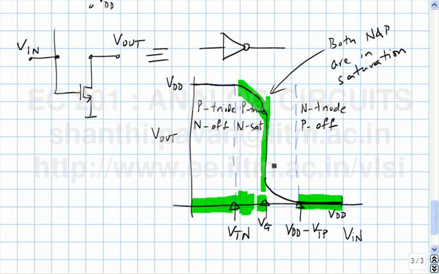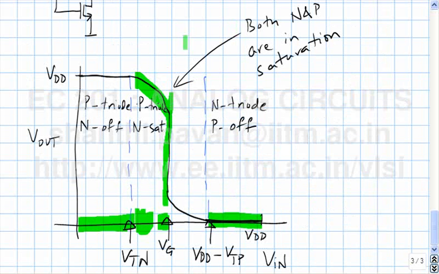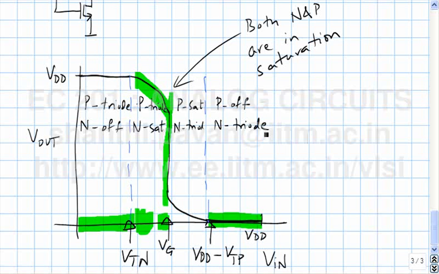And then what happens here? In this region, N will be in triode, P will be in saturation, and then as we saw, P will be off and N will be in triode. You only get the high gain when both of them are in